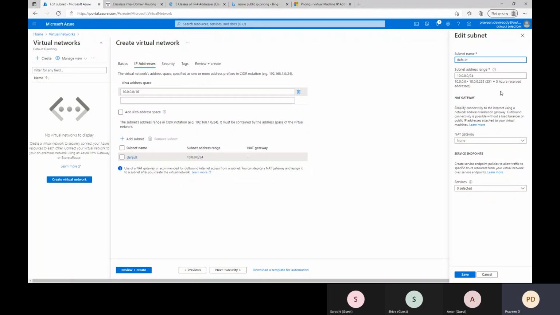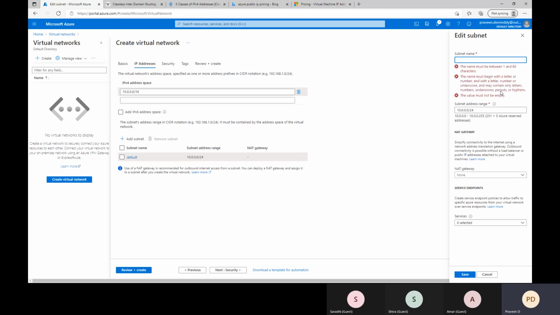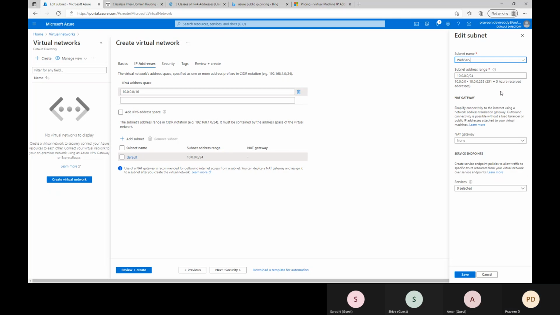It will provide the options to change the name and the subnet address range. So instead of default, I will change this to web server subnet. I will click on save.